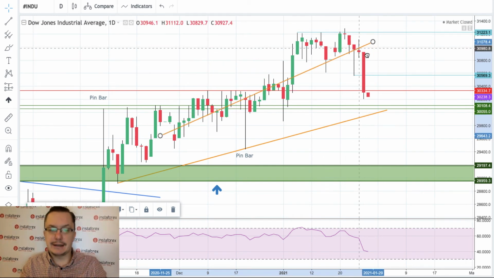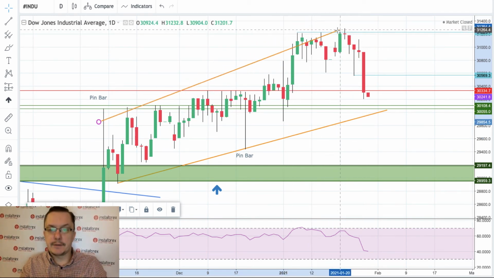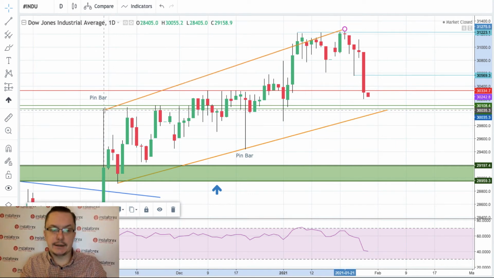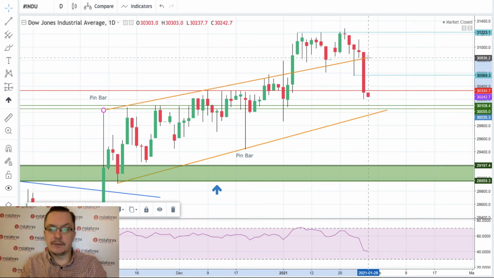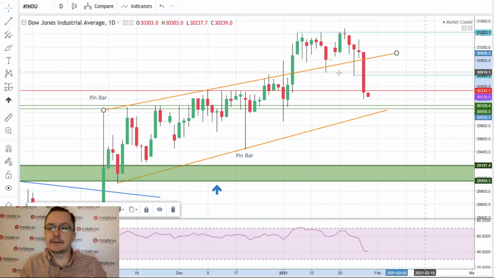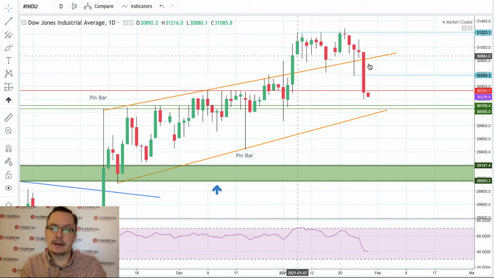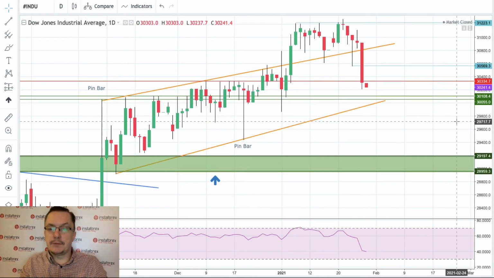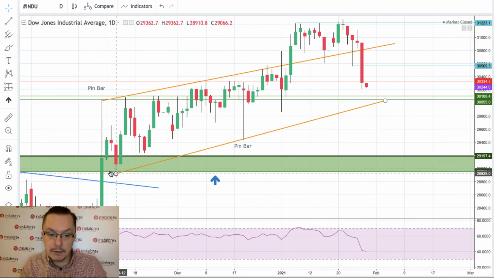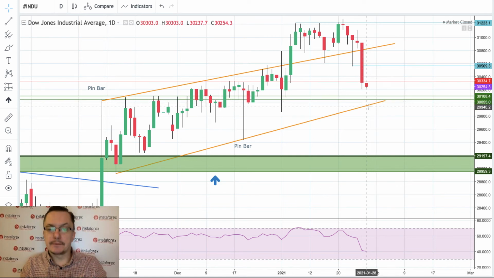It doesn't look like a textbook example of any sort of wedge, and this is why it might be a little bit confusing. But anyway, it still looks like some kind of a rising wedge with a topping pattern, like an overshoot here. If we get below 30,000, then things might get nasty. 30,108, 30,055 points is the technical support and the lower boundary of this rising wedge or trend line. So please pay attention to this level as well.